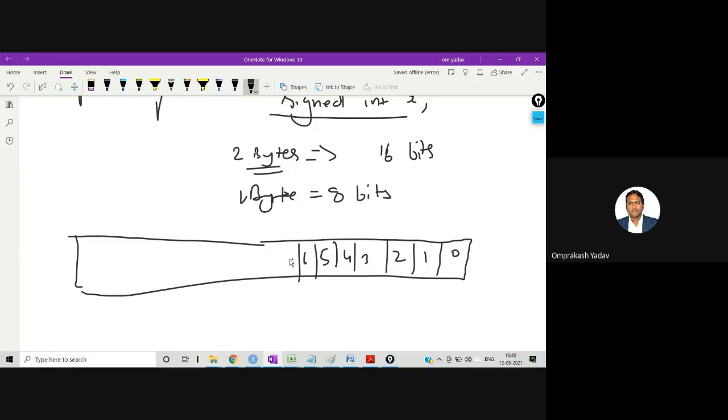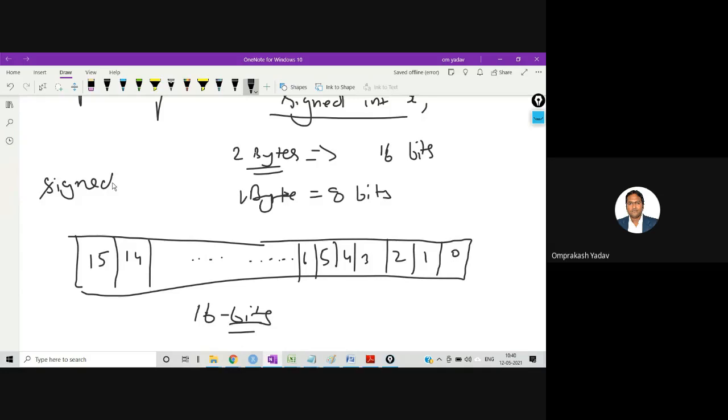So like this, 14, 15, right? So from 0 to 15, total are 16 bits. I'm just marking the bit positions. Now, since this is a signed integer,